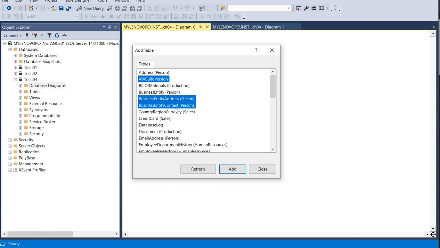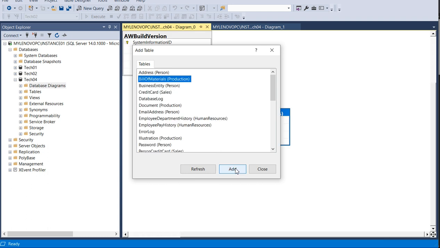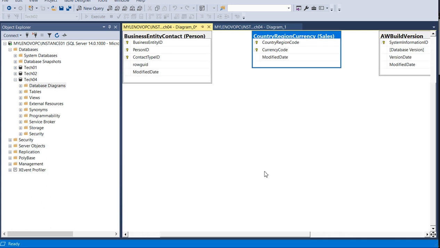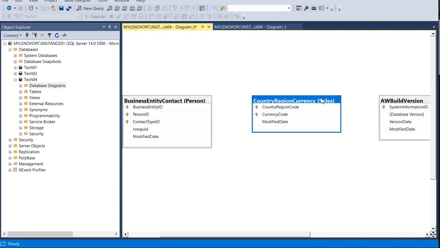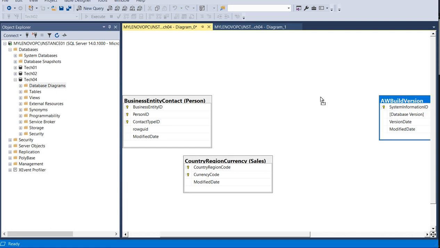Let's say we are going to create this many tables. Okay, so the request is to create a database diagram for these tables. I have already selected the tables. Just click on add. In the background, it's created. If more tables are required, you can select them again. Once your selection is done, you can close this one. Okay, so let me adjust these things.